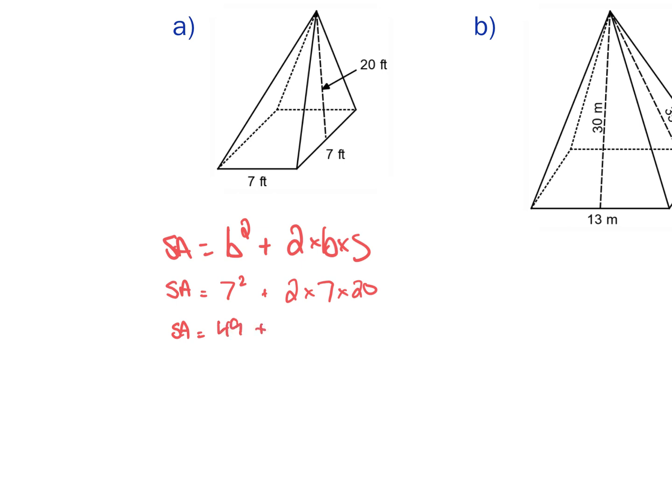And then we have 2 times 7 times 20, which is what? I got 280 too. So it's 280. Okay, 49 plus 280. So if we combine those together, what do we get? We get 329